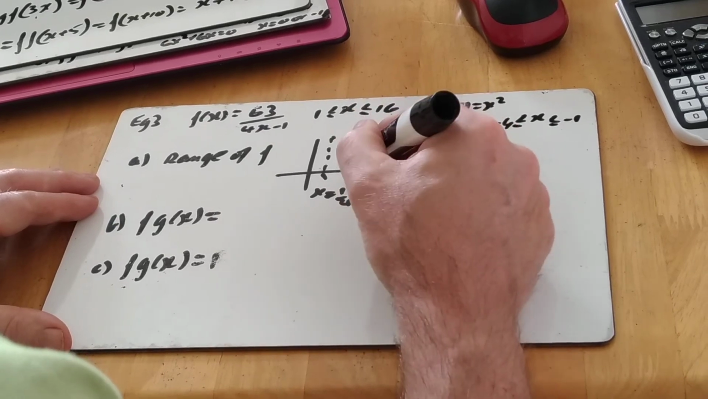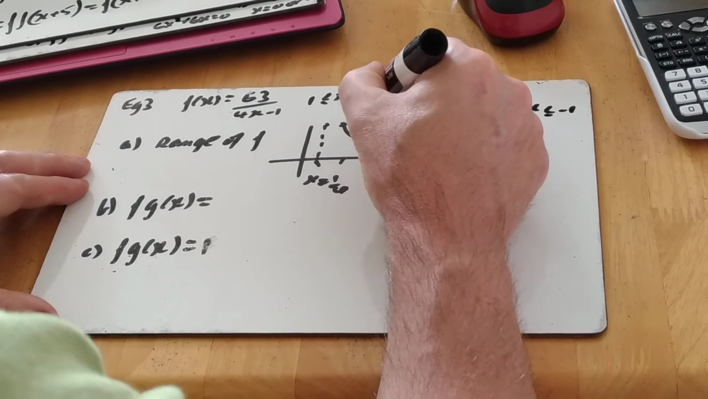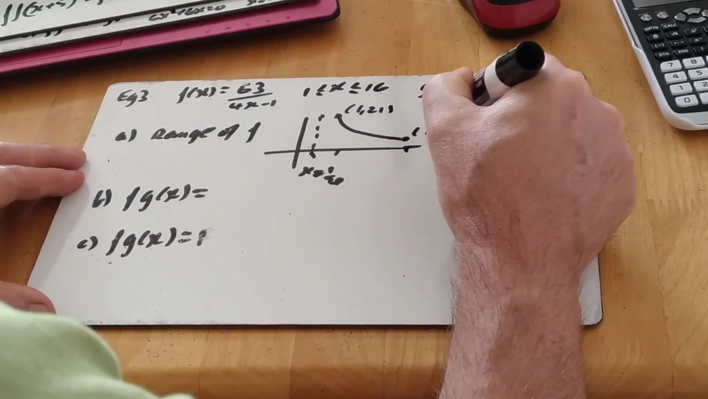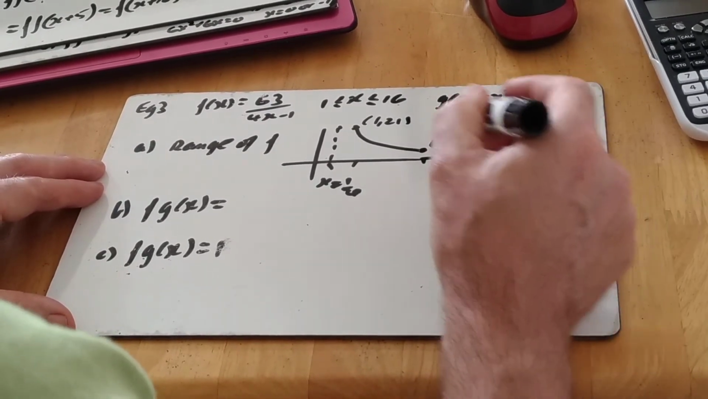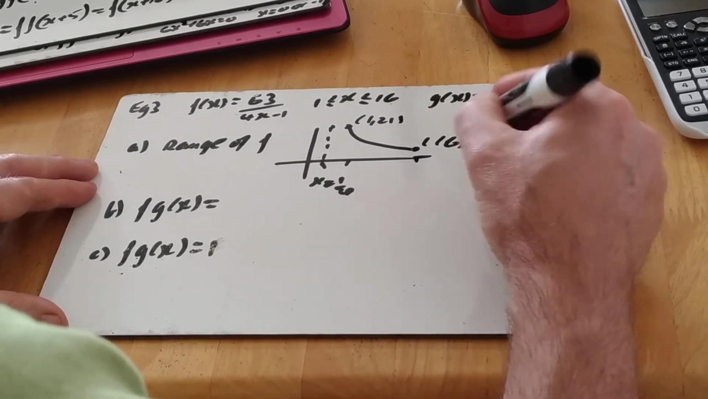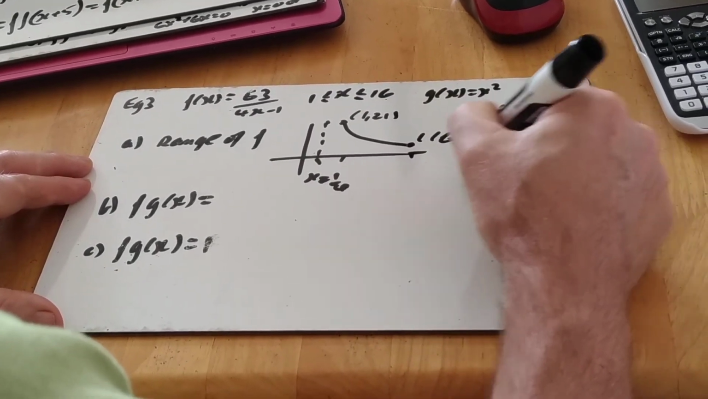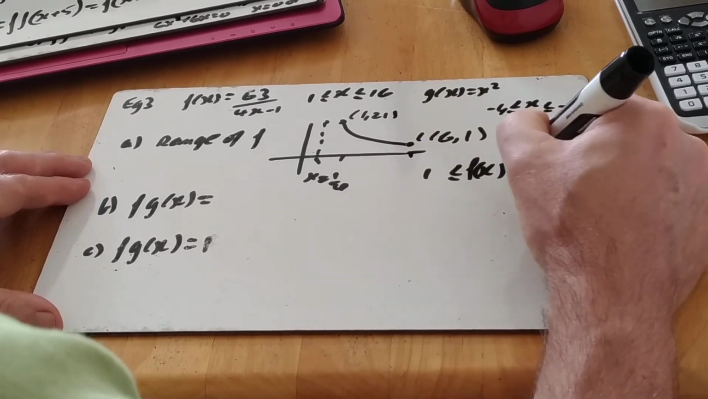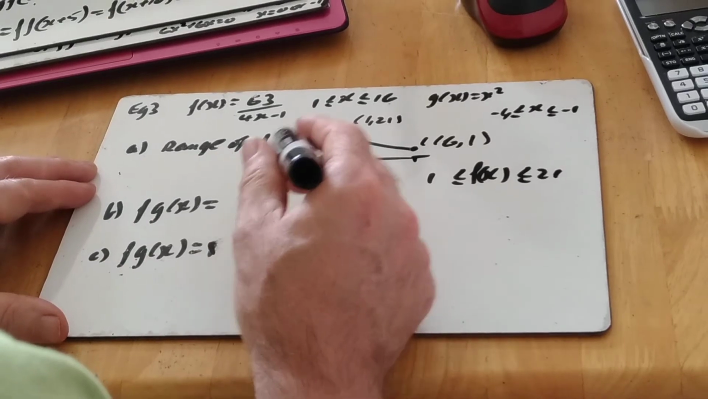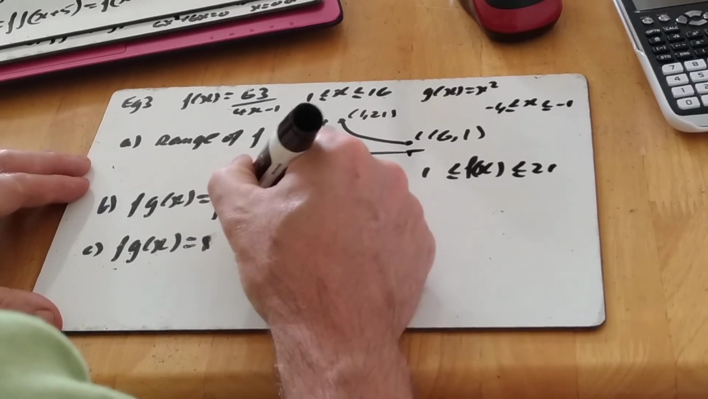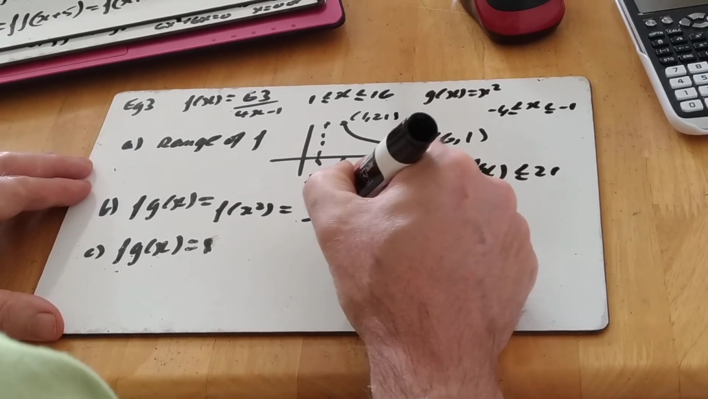So stick x is 1 into this, 63 over 3, 21, and stick x is 16 in, 63 over 63, and 1. So the y values go from 21 to 1. I can say that f of x then lies between 1 and 21. That's my range. Work out the composite function f of g of x. Well, it's just f of x squared, so we'll replace x with x squared to get 63 over 4x squared